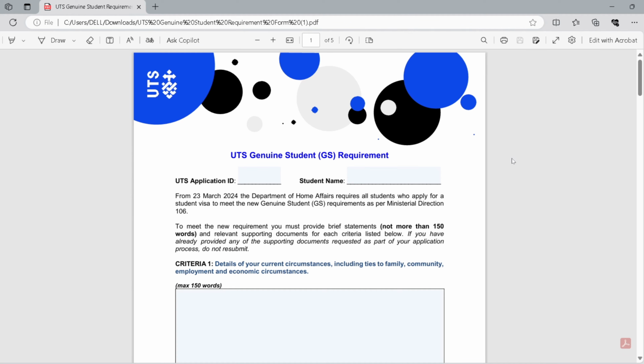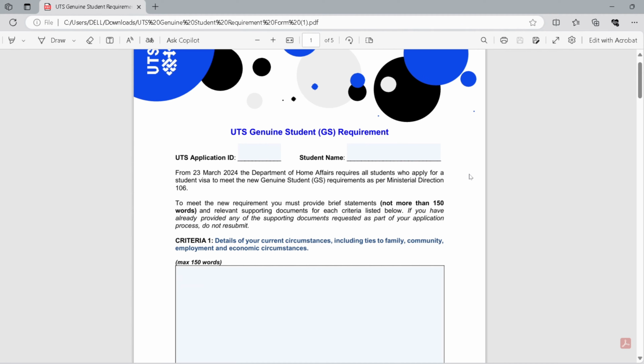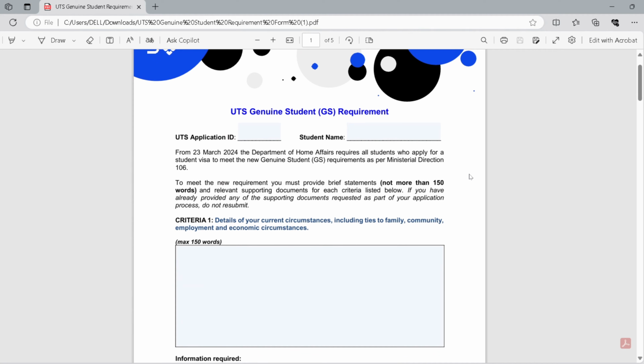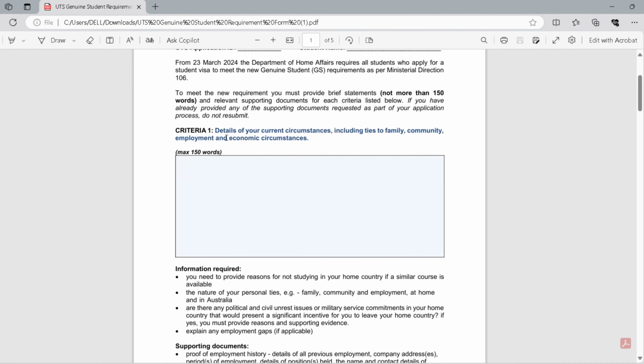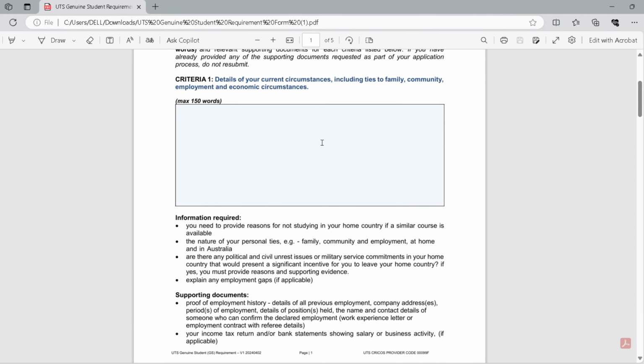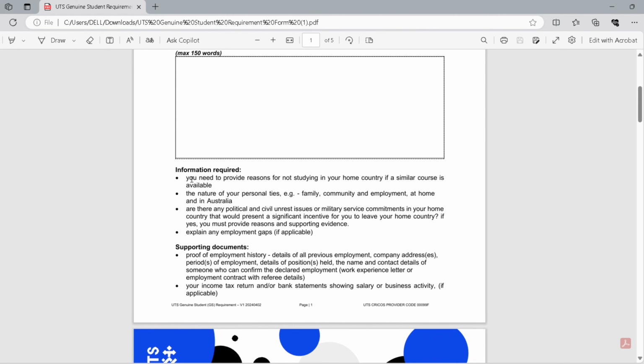So guys, this is a document we need to fill as a part of GST. Basically it contains 7 questions that need to be answered, and we need to provide supporting documents for them as well. As you can see, from 23 March 2024, this process has come into play. As you can see there, this is the criteria 1 they have mentioned, which is sort of a question you have to answer in around 150 words. It's a PDF form. You can fill it over there, and they have given you some